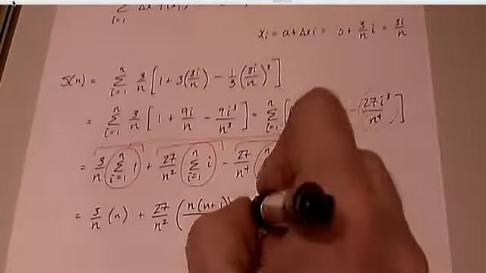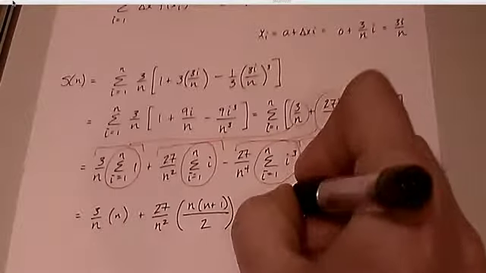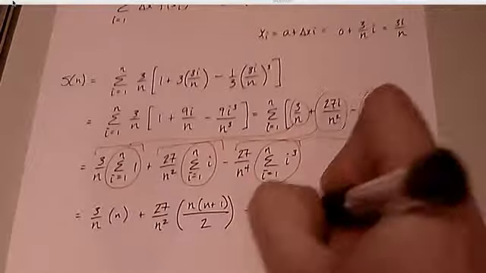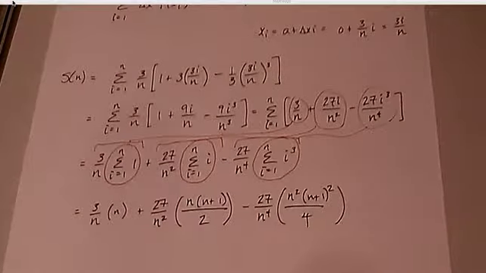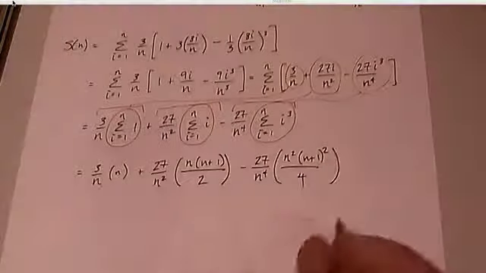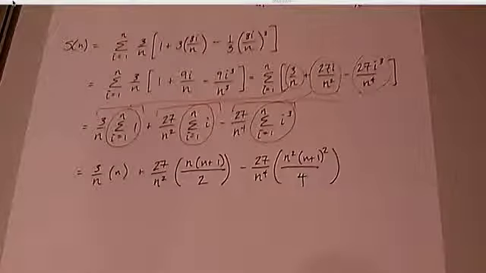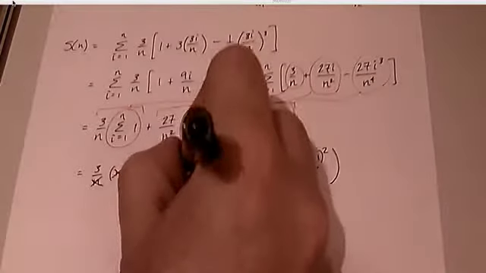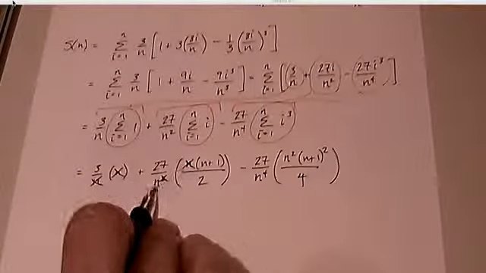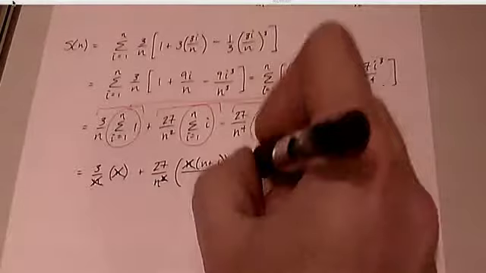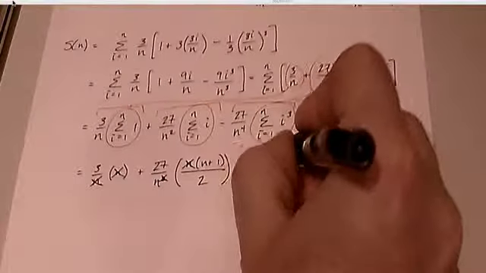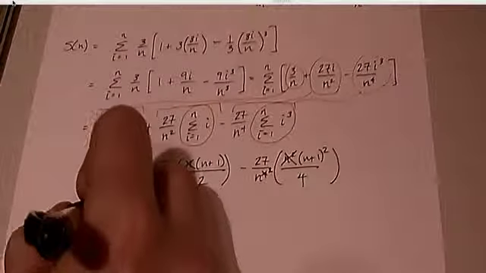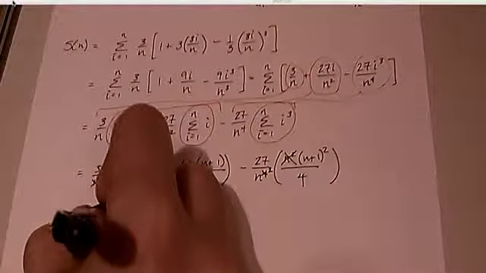So 27 over n to the 4th, you have n squared, n plus 1 squared over 4. Okay? So this is basically turning out to be a little bit nasty, but it's not too bad. So these n's cancel out. One of these n's in the denominator cancels out with this one, so I'll just scratch out the squaring. This goes from the 4th to the 2nd power when it cancels out with this one. Okay? And what I get here is 3 plus